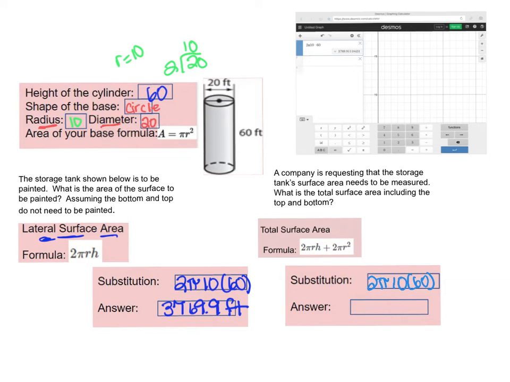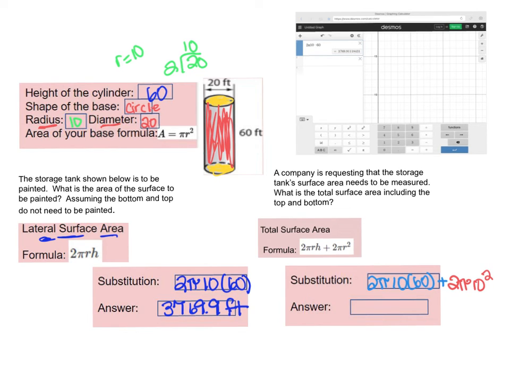Now, the difference between lateral and total surface area is we must include these two bases. So we include the two bases plus this outside part right here. We're going to have the whole shape on just the outside, not the inside. The outside is the surface area. So we're going to do a plus 2 pi r, my radius,